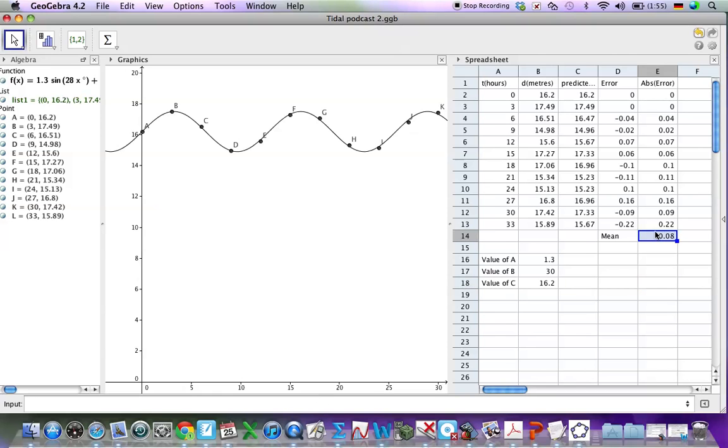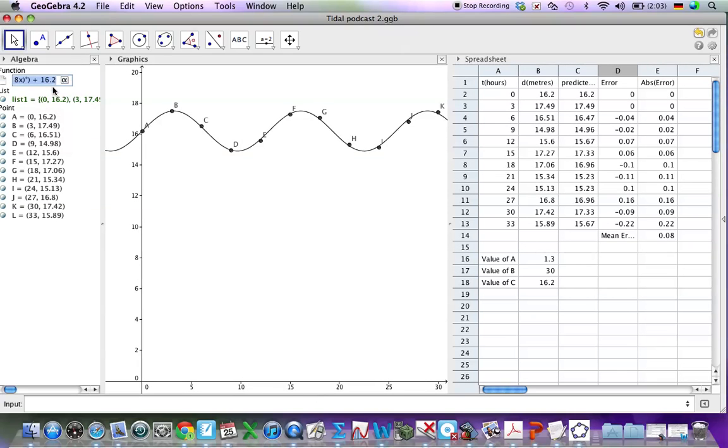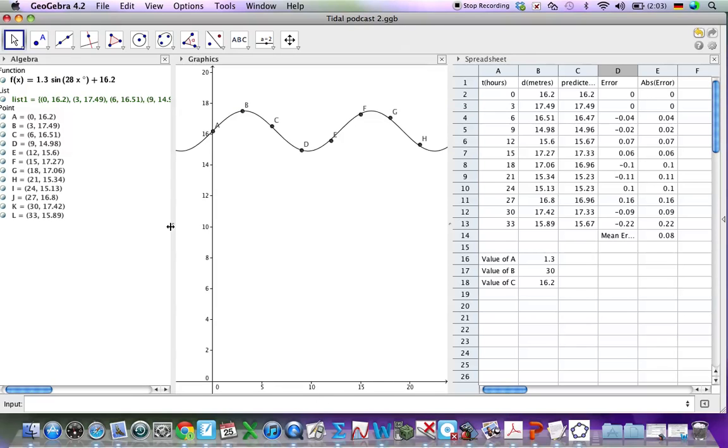Now when you do your write-up, it's important that you don't just give the final value, look, here's my amazingly accurate formula, but that you actually show the process. So show your mean errors as you went along. Okay, this is a mean error. And obviously make sure you quote which was the formula that gave you the smallest amount of error, which in this case was the one we had here. Okay, now that was fairly straightforward, but we're just going to do one more thing which could help us, and I only discovered this